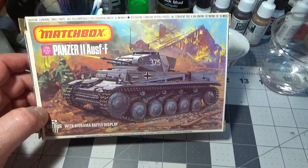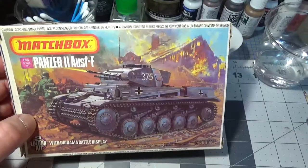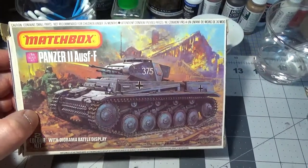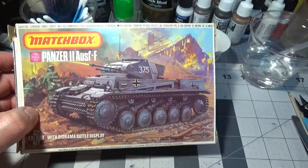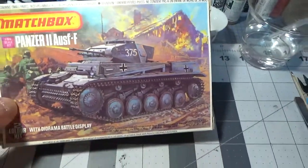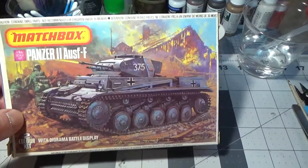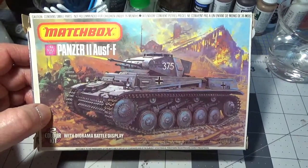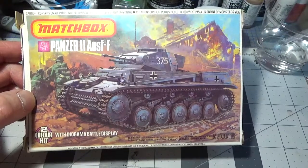Okay, so today is a little different. I'm gonna be talking about this Matchbox model kit of the Panzer II Ausf F German tank, which was used in North Africa and on the Eastern Front extensively. This kit is a